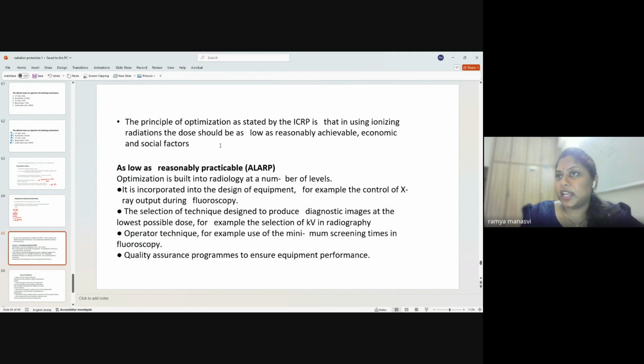As low as reasonably practicable is the ALARP principle. Optimization is built in at a number of levels, like it is incorporated in the design of the equipment to control the X-ray output during fluoroscopy, and even during the selection of the procedure. What kind of procedure are we doing? So we use the lowest possible dose, that is, we adjust the kV in radiography and all. The operator uses particular techniques, so minimum screening times, low dose CTs and all of those. And quality assurance programs are also in place to ensure equipment performance, so that the patient will receive only as low as reasonably practicable